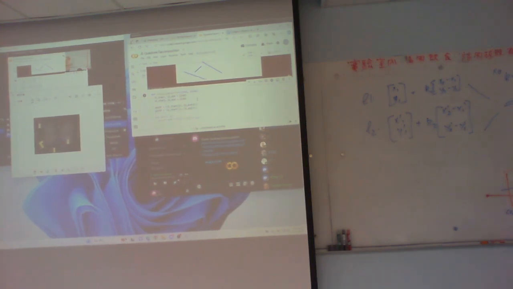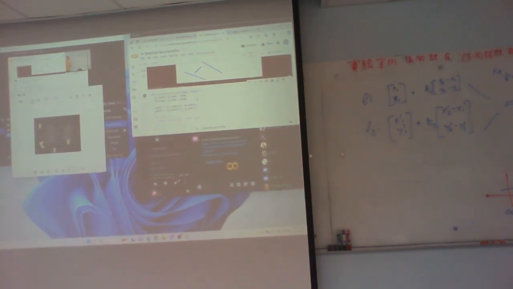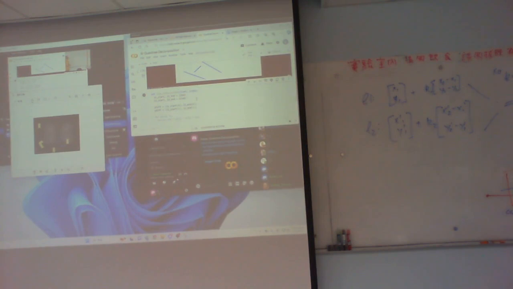I think k1 would be equal to the determinant of replacing this, so that would be x1 minus x1 dash, y1 minus y1 dash, negative x2 dash minus x1 dash, negative y2 dash minus y1 dash,